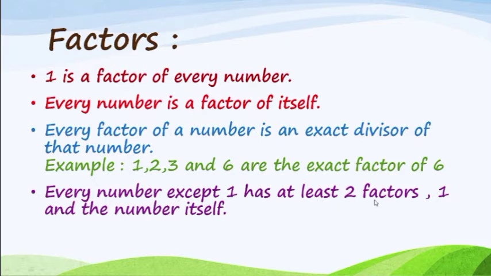If you find the factors of 2, 3, 4, 5, 6, 7, 150, you will find they have two or more than two factors. Only one has a single factor, which is one only. So what factors will the other numbers have? They will have the factors 1 and the number itself. So this way we have the relations of factors.